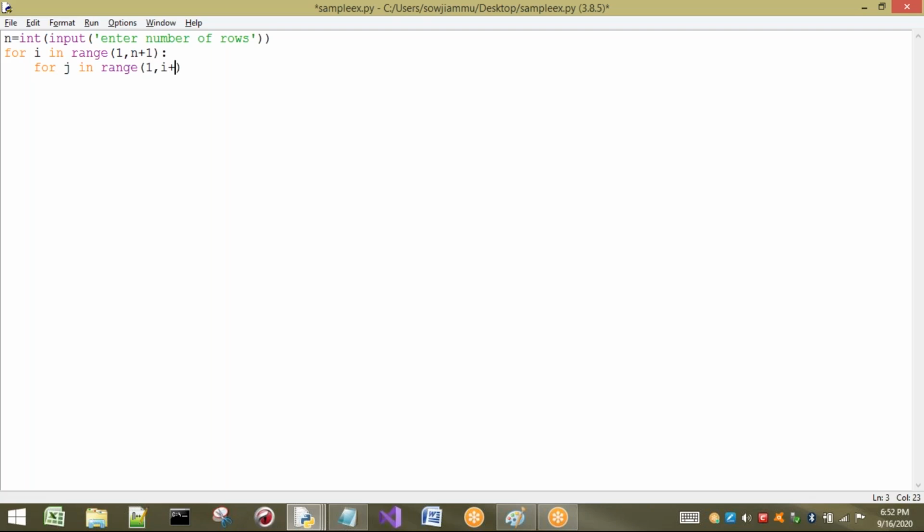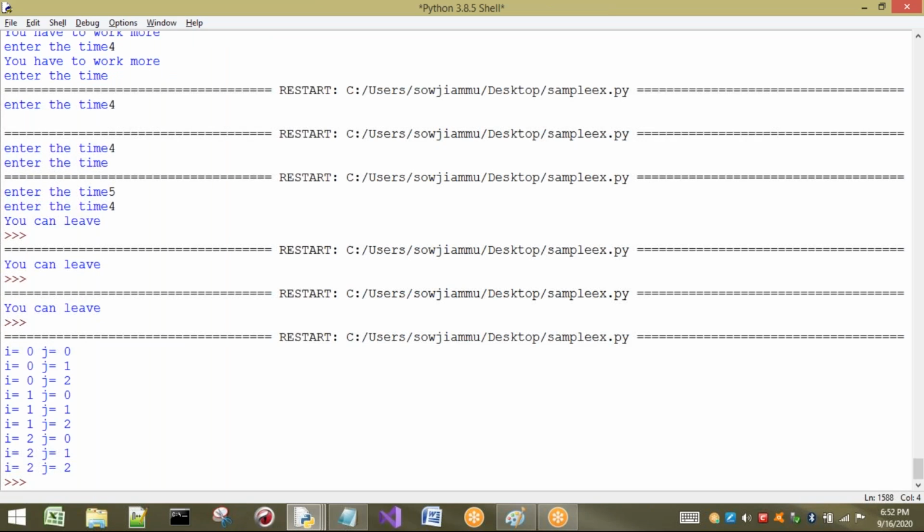Just I am going to print, how many times? i number of times. So what thing I have to print? Star, i times, so star into i. Now just I will execute this one.